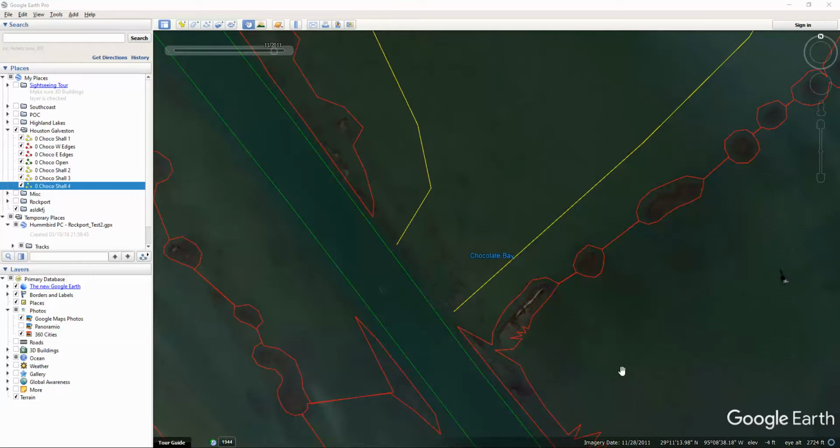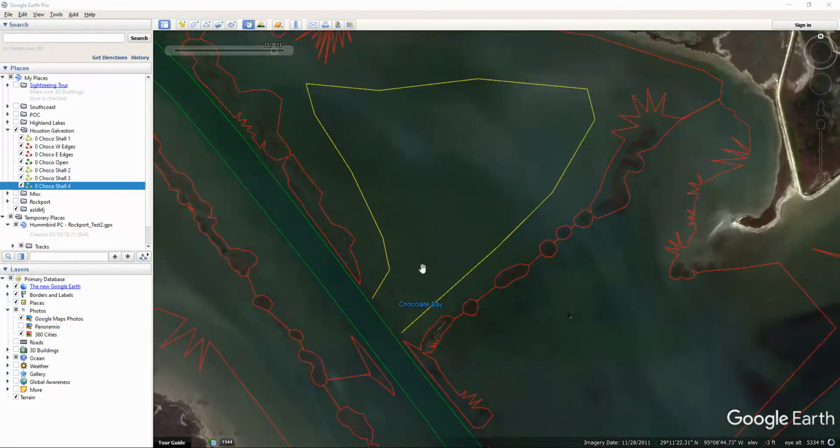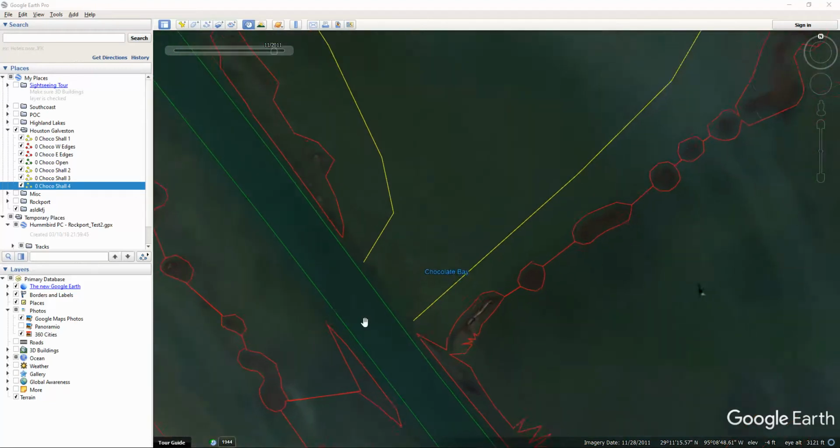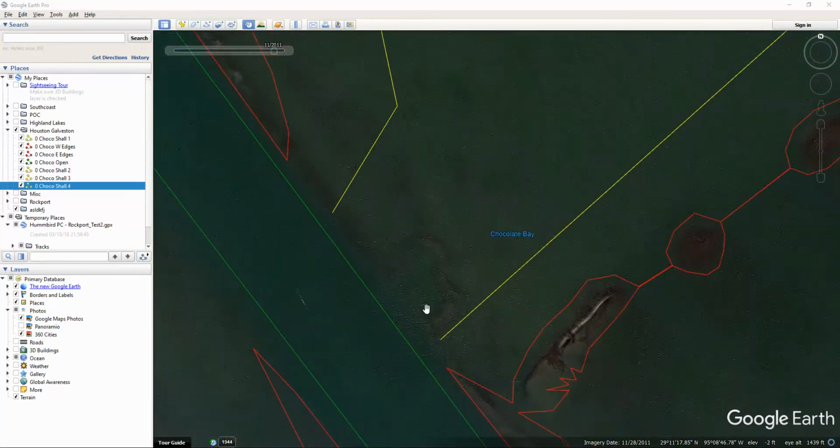Okay, now we're going to talk about editing a track that you have already created. If you just watched the video on track creation, here's a yellow track that I created just a moment ago called Zero Chaco Shal 4. In the last few seconds, I've been adjusting the imagery. I'm now looking at November 2011, and it looks like there's actually a little bit of a spoil bank here